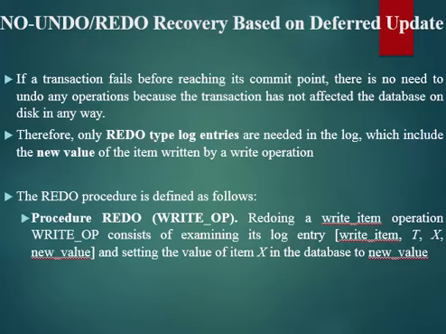And you know that after the crash there will not be any data in the primary memory. All the updates done by the aborted or non-committed transaction are only reflected in the primary memory before the crash, and after the crash there won't be anything in the primary memory. So there won't be any undo operation, you need to do only the redo operation. That is the thing always asked in the university question: what is the specialty of deferred update?